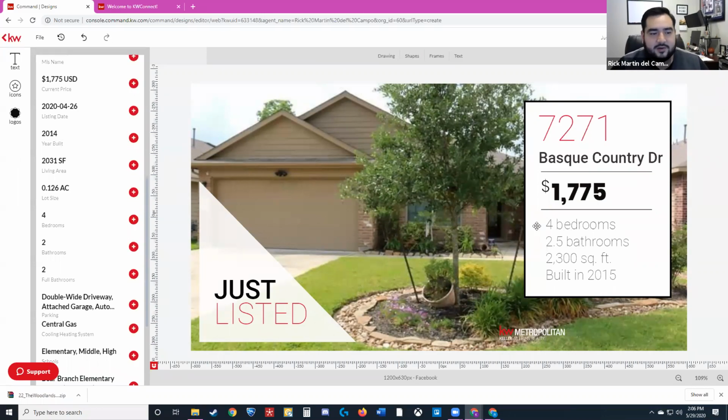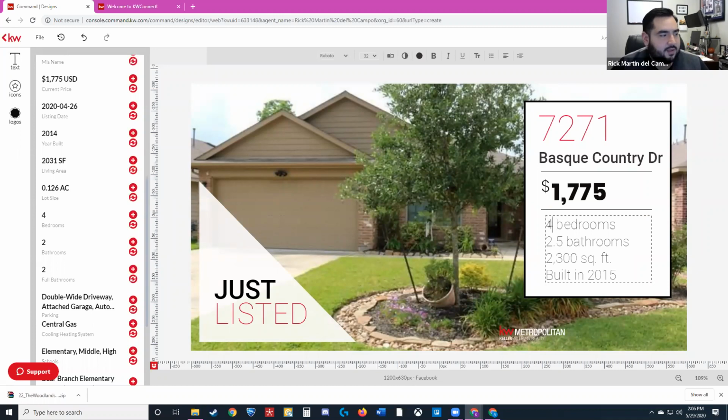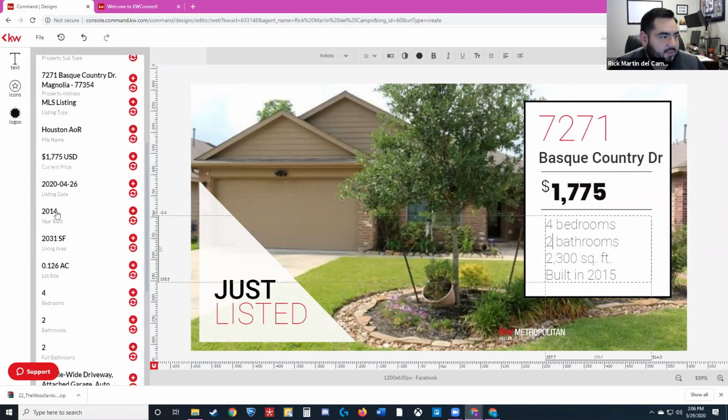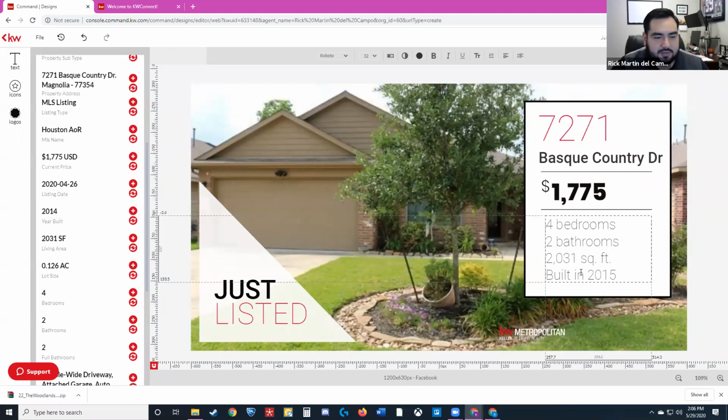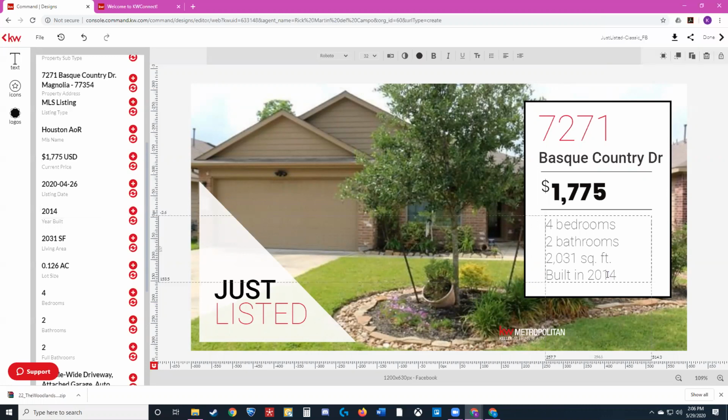And it helps you save space on your computer, so you don't have to worry about things slowing down or anything like that. So, once we're here, I see that it's 4 bedrooms, 2 baths. And in case you're curious, I'm getting the information from here. I see that it's got 2 full bathrooms, and I believe it shows me that it's 2031 square feet, and it was built in 2014. So yes, that easy, and it's just listed, and I'm done.